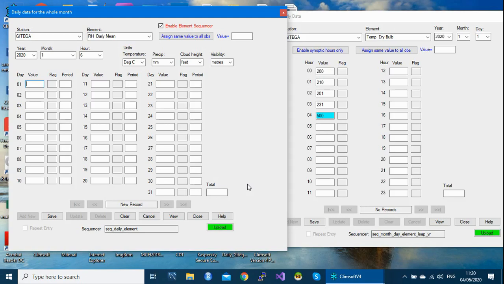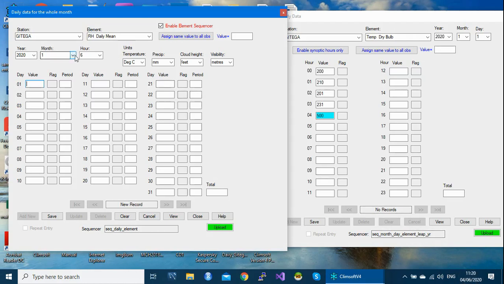And then there is also what is called future date. Future dates cannot be enabled in this one. So looking at the date here, today is 4th June, so that means I cannot enter data for tomorrow because this is a future date. It will not allow me to enter data for tomorrow, so this is to avoid mistakes.